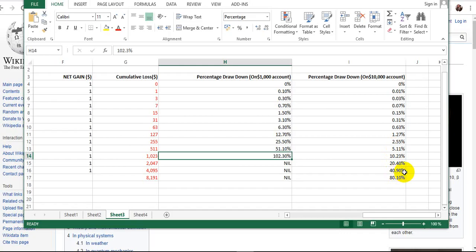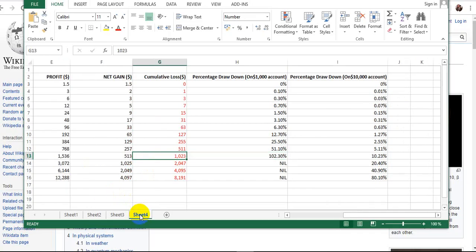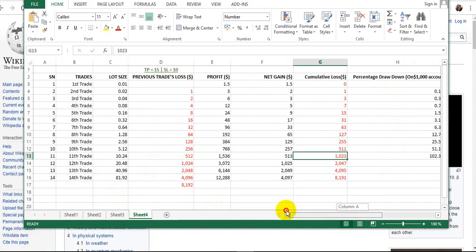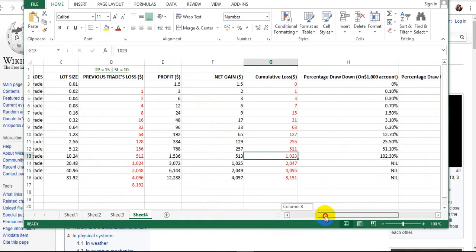In spite of all this staking and losing, you eventually end up with a net profit of, guess what? $1. So it's just crap. The only reason I presented it to you is so that you understand the workings, and I think it has served that purpose. So let's go over to this modified one, where you're going for 15 pips of profit and your stop loss is 10 pips, and it looks very good because, hey,